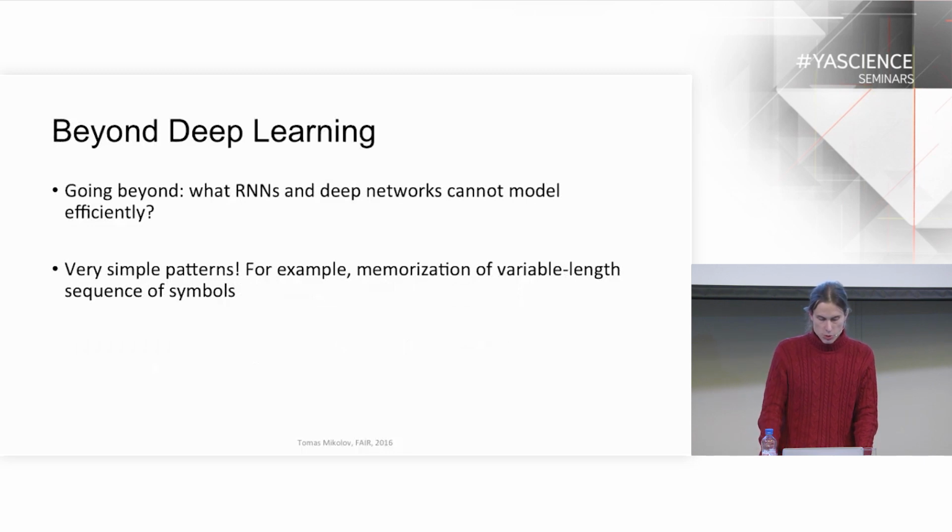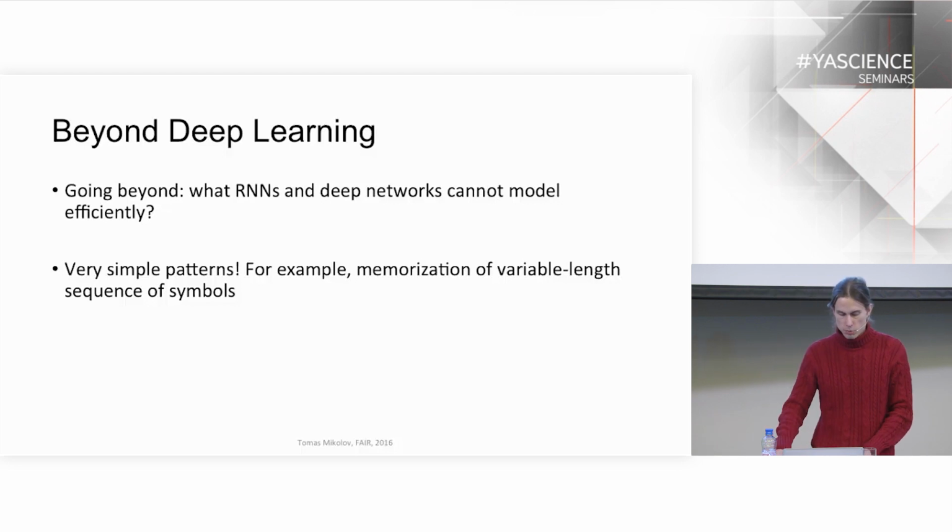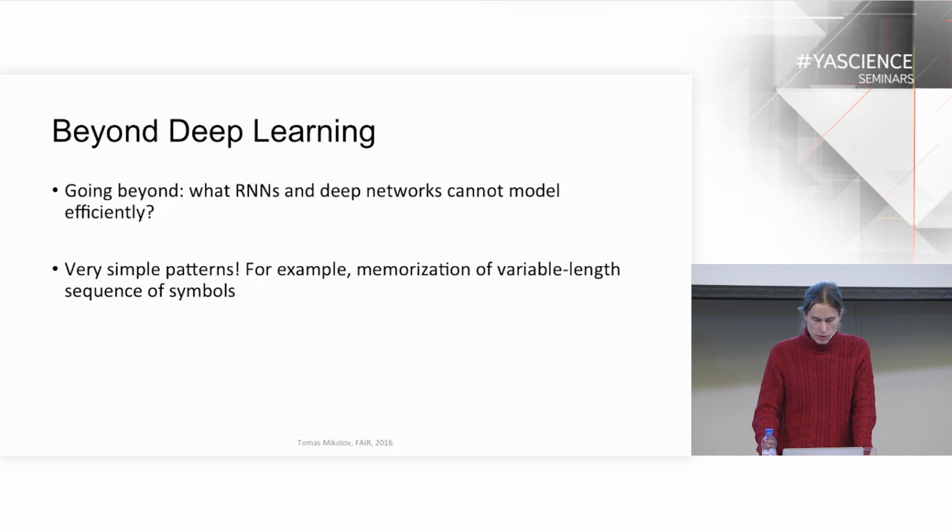So what can we do to go beyond the recurrent networks and beyond deep learning? What are the other things that these models cannot learn and that could possibly be learned with something else? There are very simple examples, and people realized this already in the 90s, and now we are pushing this direction forward. There are higher level concepts like being able to memorize variable length sequences of symbols, which may sound trivial, and I will be showing examples later that it really is not a difficult concept to understand, but models that cannot model computation but can mostly perform just clustering of sequences, which is more or less what RNNs and LSTMs do,